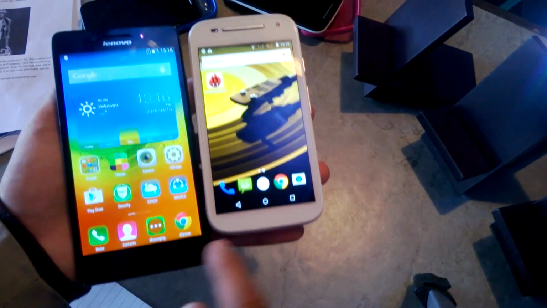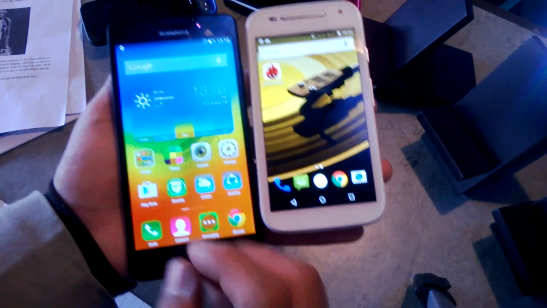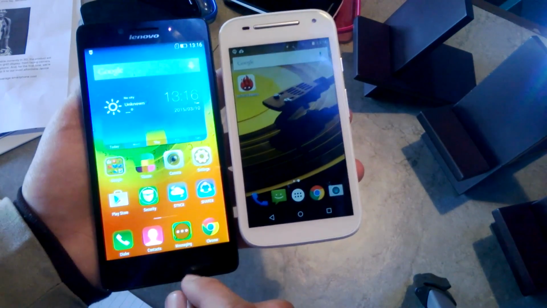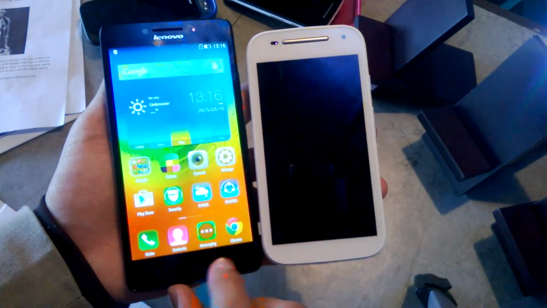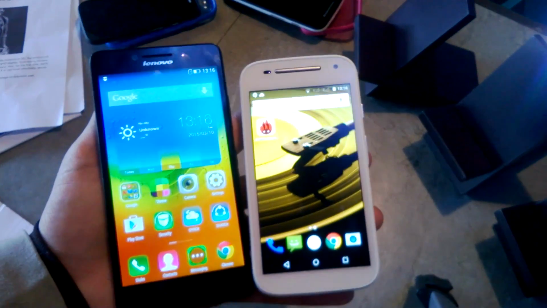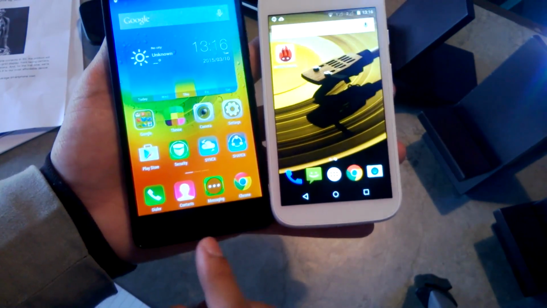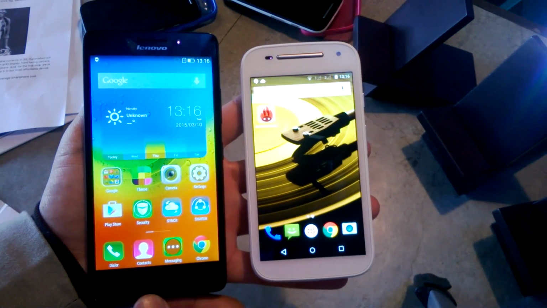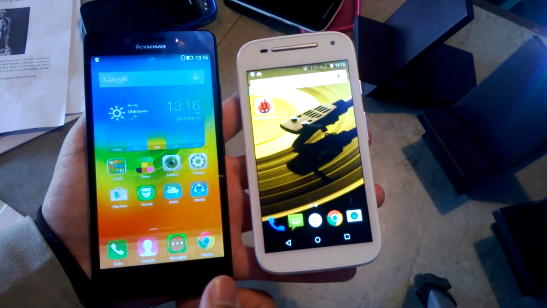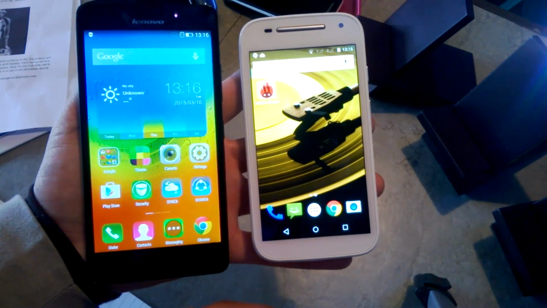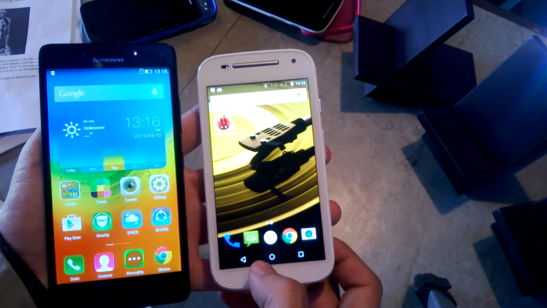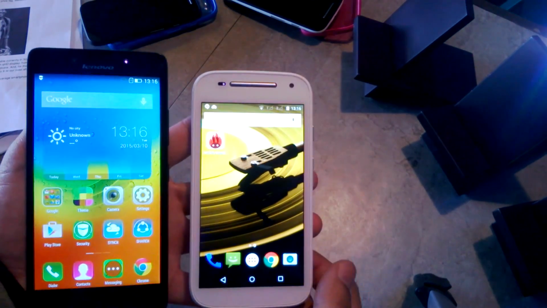Apart from that, there are no capacitive buttons on the bottom of the Moto E, which is an added advantage, because the capacitive buttons on the bottom of the Lenovo A6000 handset are non-backlit. So at night time or in low light, you might face problems if you have newly purchased the phone and are only just getting used to it. That won't be the case with the Moto E handset. The next thing,